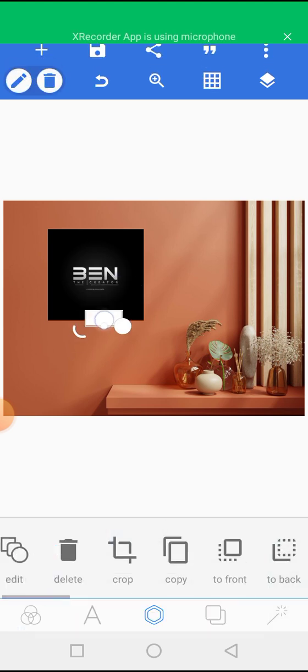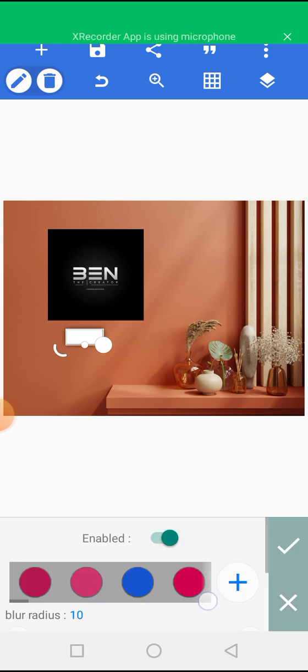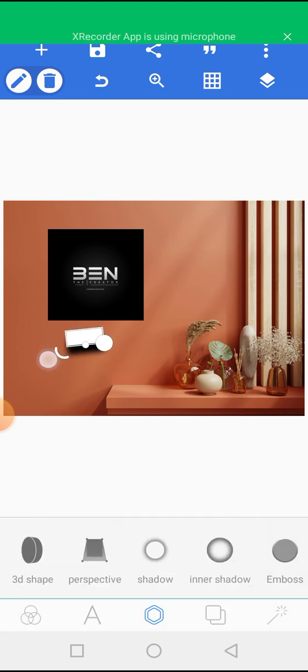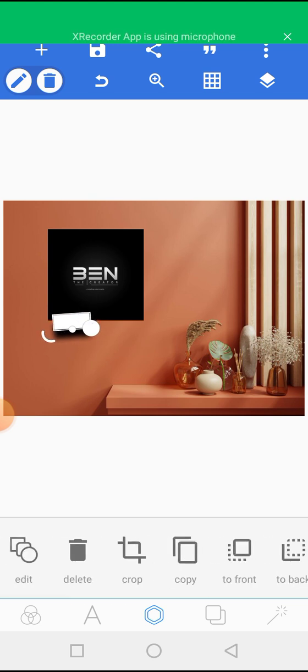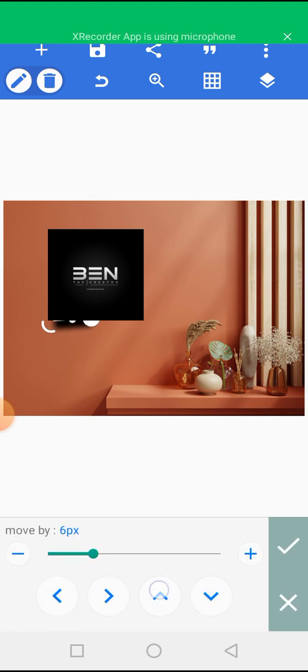Then I'll click OK. Then I'll come to shadow, add some shadow. Then I'll bring the shadow down. Now I'm just going to position it like this. Then I'll take it behind my already existing flyer there. So I'll put it behind, then I'll take it to the back,